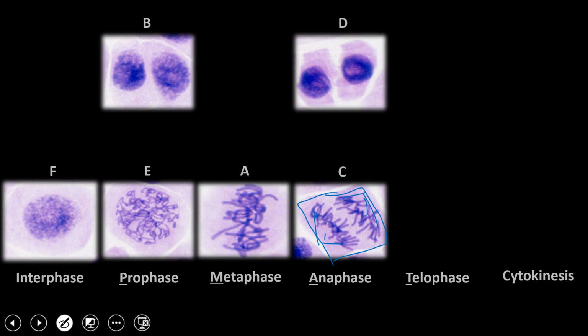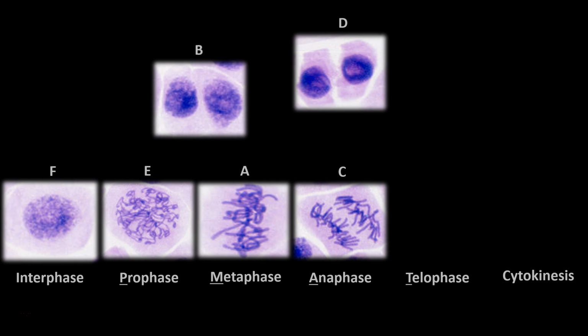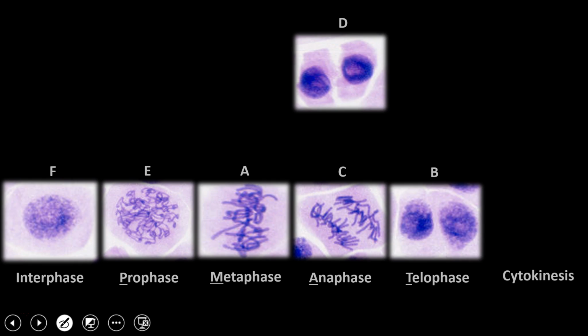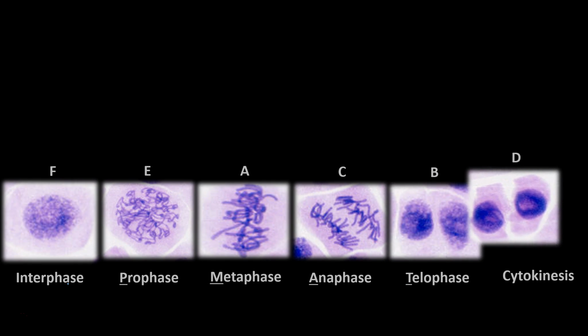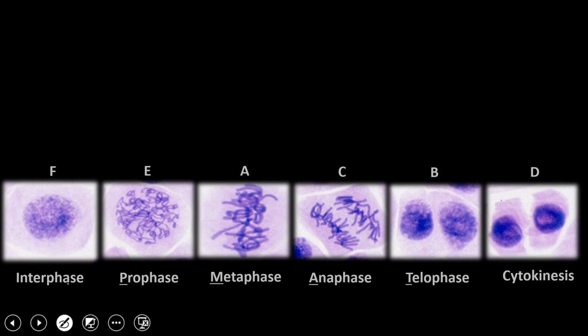Okay. What about telophase? Now these two are very similar, so take your time. Telophase would be B. I'm starting to see two nuclei reform, and the chromosomes are starting to uncoil back into chromatin. Remember, telophase and interphase, they are the exact opposite process, okay? And lastly, cytokinesis would be letter D, and I see the cleavage furrow starting to pinch straight down the center until we end up with two separate cells.